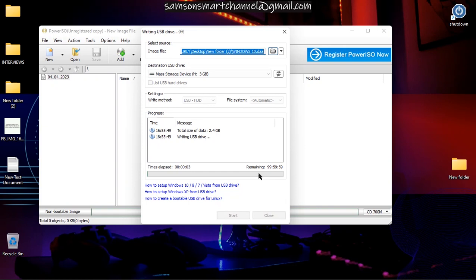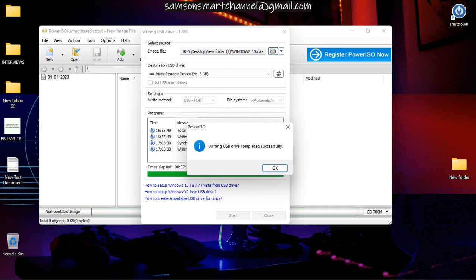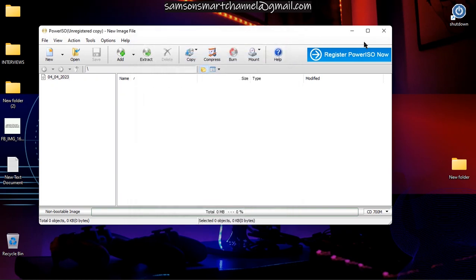Then at this step, we wait for this process. The time it takes depends on the specifications or properties of the computer you use. Some are faster, some are slower. So you need to be patient. The process is done. So after this process is done, you close the PowerISO application